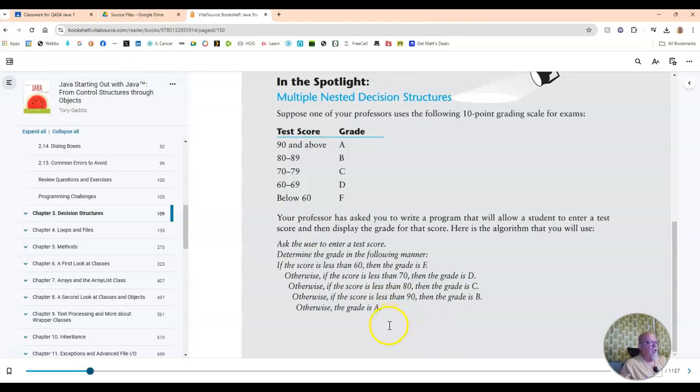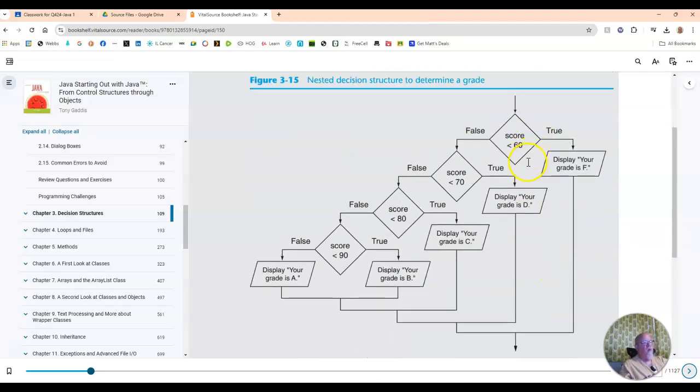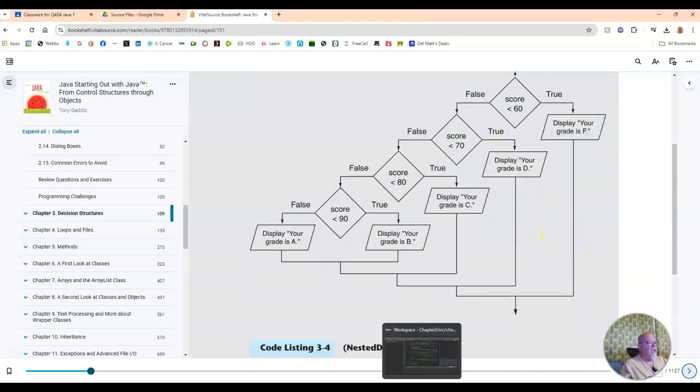Okay? And this is what the flowchart would look like for that. So again, we come in, if the score is less than 60. If that's true, we're going to display F. If that's false, we're going to come into another if statement, and so on and so forth. So let's look at the nested